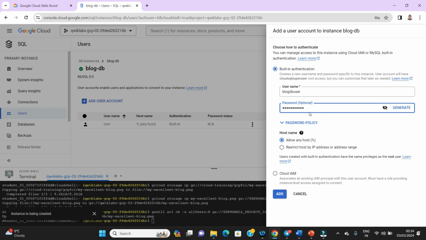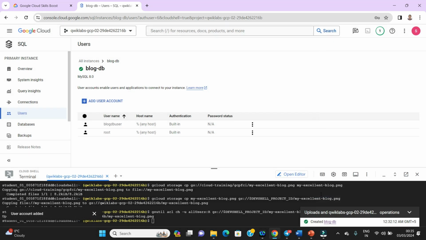It's good to give the password, though it's optional. But whatever password we keep here, we need to keep a note of it, because when we connect remotely, we have to provide these two things, the username and the password. Then we keep everything default and click on add. So this user has been added.